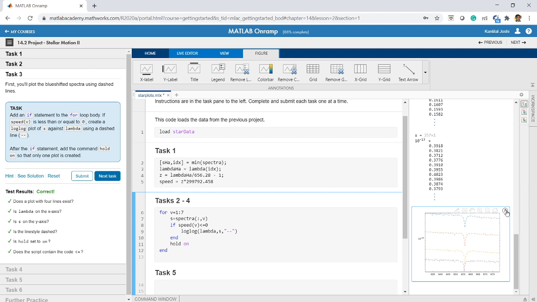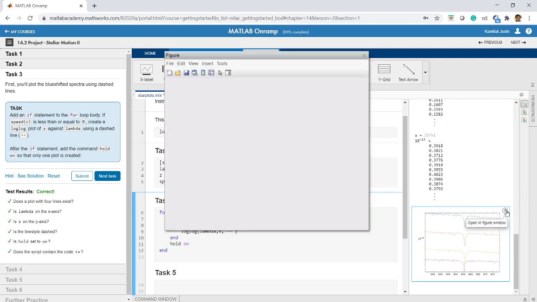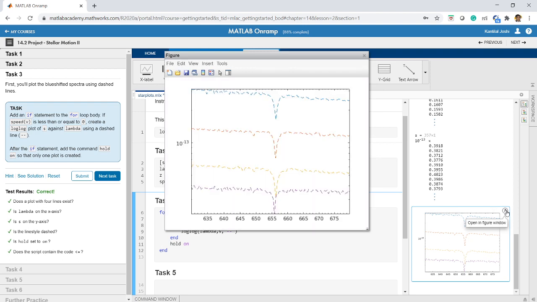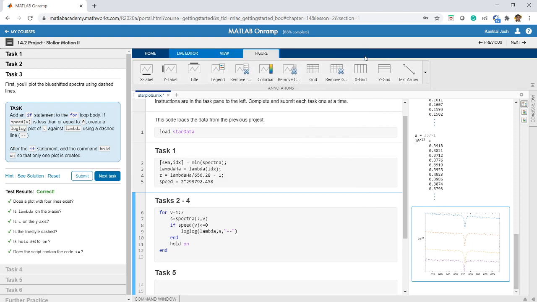So let me open this in a bigger window so that you can see it. Yeah, so this is the plot I get. 1 2 3 4. These four graphs I can see because they are all negative. Because the speed is less than or equal to 0, that's why I got the 4 plots. Okay, so let me close this. Let us go on to the next task.